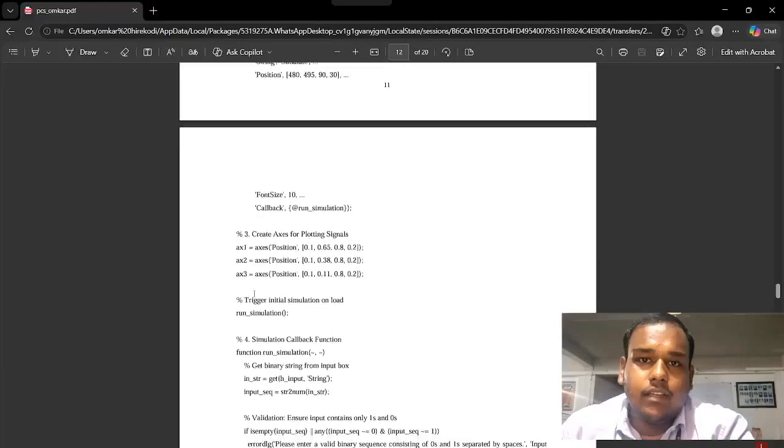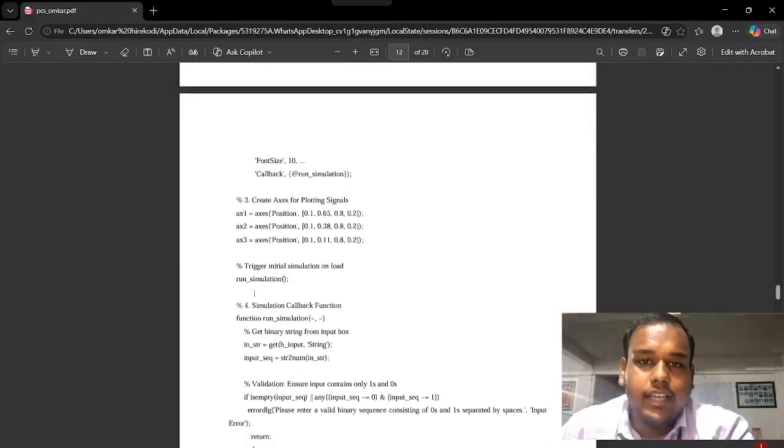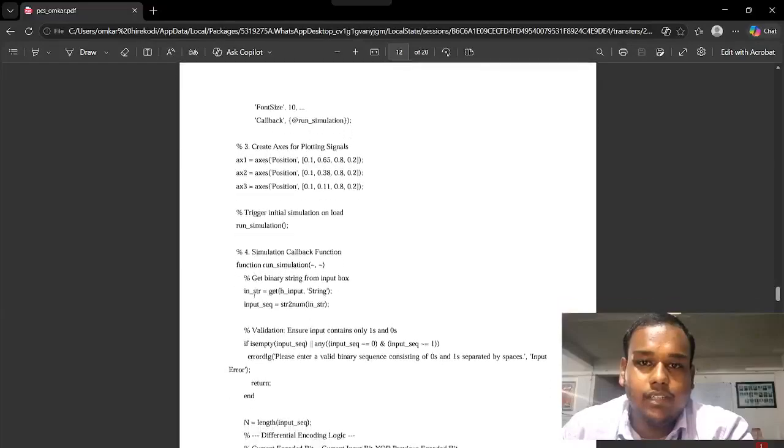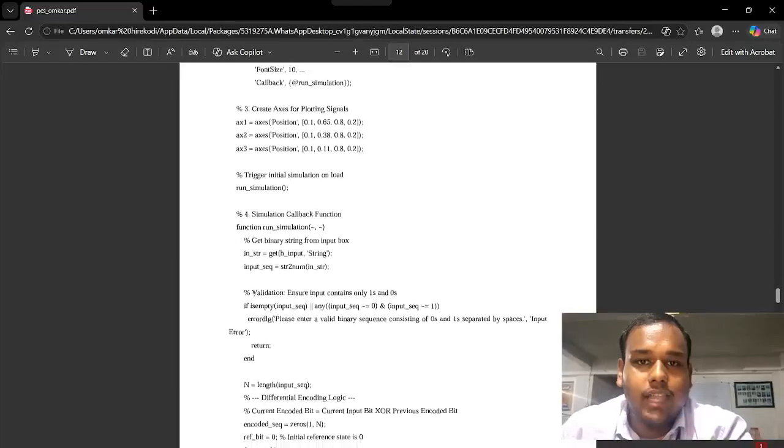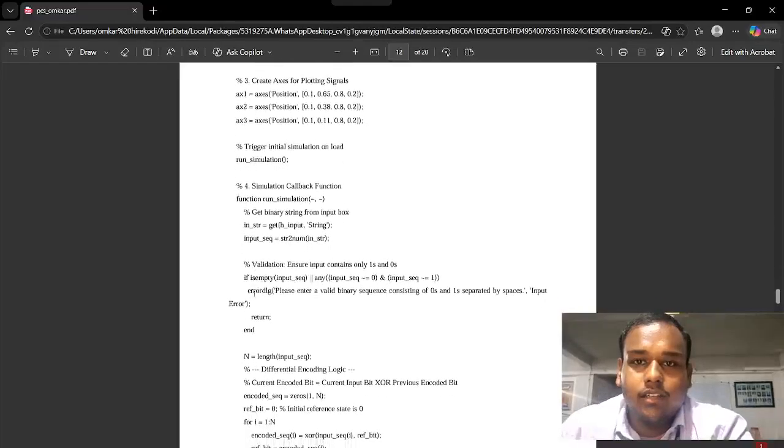AX1 is the top plot, the original signal, AX2 is the middle plot, the encoded signal, and AX3 is the bottom plot, the decoded signal. Then manually pulse the simulation function once; right click, the app opens, ensuring the graphs aren't blank at startup. Then function run simulation